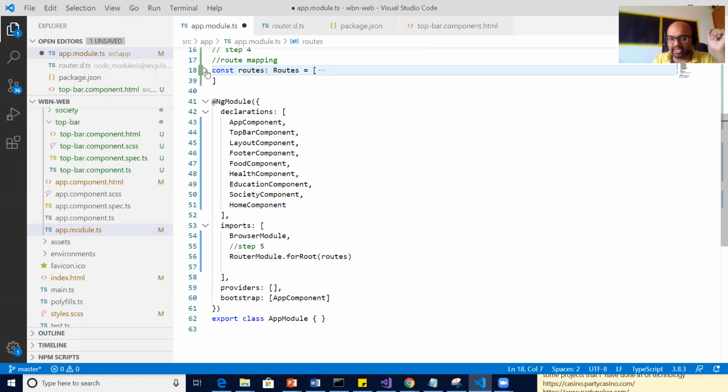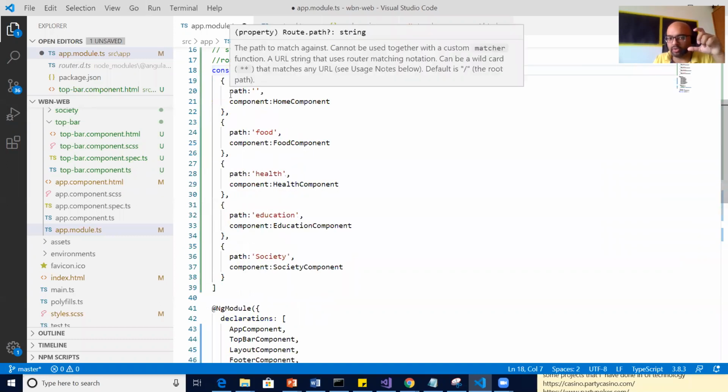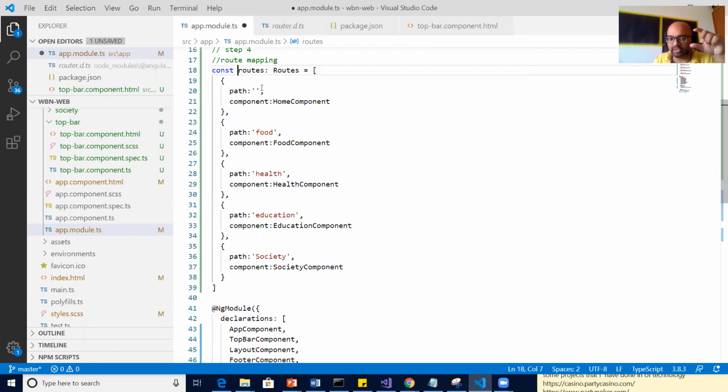So in this array, router module is going to check where the path is which matches education. First, no. Second, no match. Third, no match. Let's say I put educations. Fourth, again not matched. Fifth, society, not matched, gone. So that is why you have to be dead right with spellings. Yes, education matched.